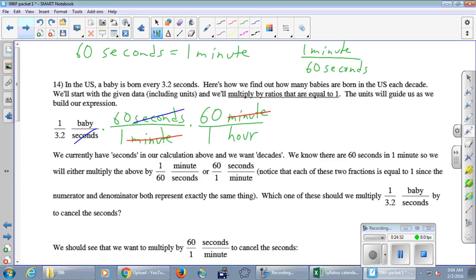Okay? All right, so let's officially say that you are in group activity mode from this moment. You are going to keep multiplying by fraction after fraction until you eventually get to decades. Once you've got that, then it's just a matter of doing a calculation, probably on your calculator. How do you multiply fractions? Just across. So all you're doing on the calculator is typing in 1 times 60 times 60 times whatever else you end up putting there, divided by 3.2 times 1 times 1 times whatever else you put, right? So you're only doing the calculator at the very end, right? And lots of units and lots of other numbers in the meantime.